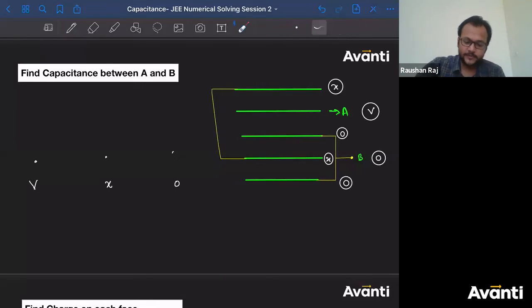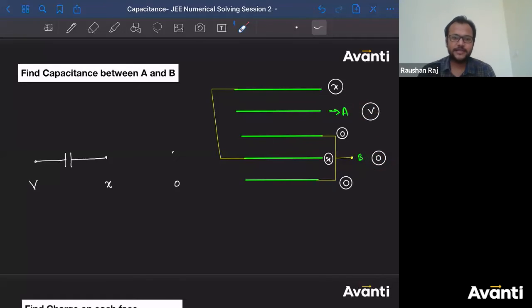चलो, तो पहला किसके बीच में? X and V के बीच में. Wait, मुझे ये solve करने दो पहले. ठीक है? Pratish is asking, sir, can we consider anyone as 0 or V? मान ले, no problem. Or don't consider V and 0 at all. Consider this is, let's say, 2 volt. This is 3 volt. It is not going to change the answer.